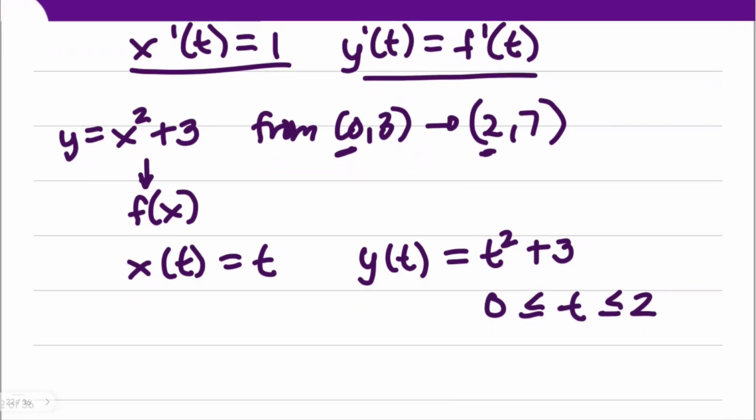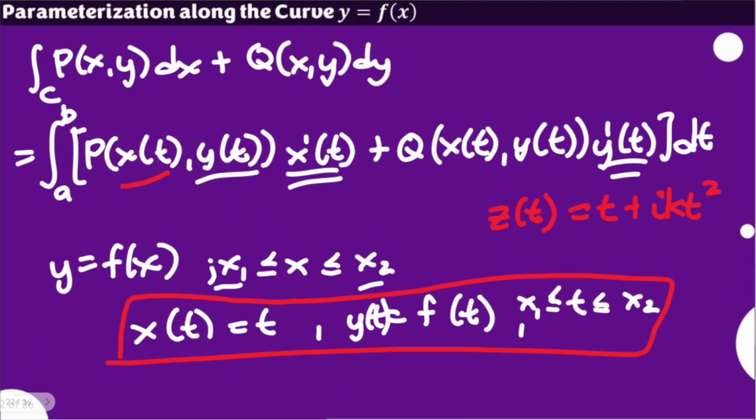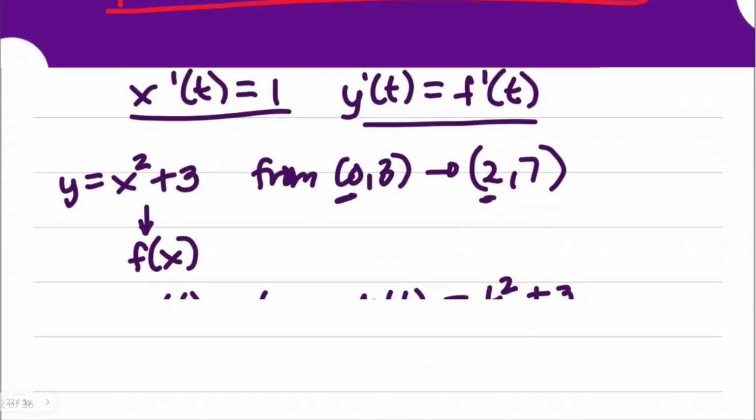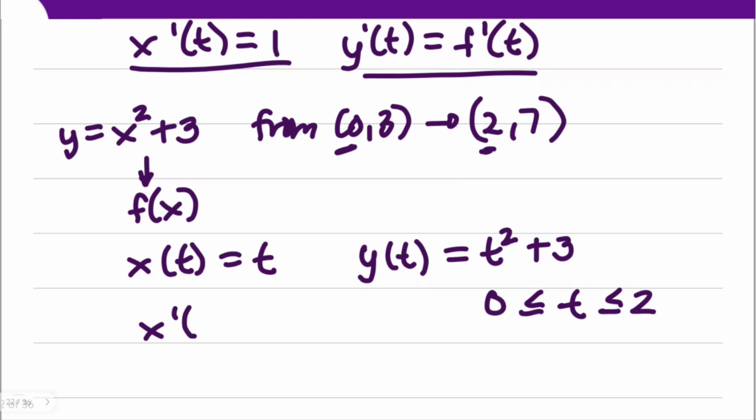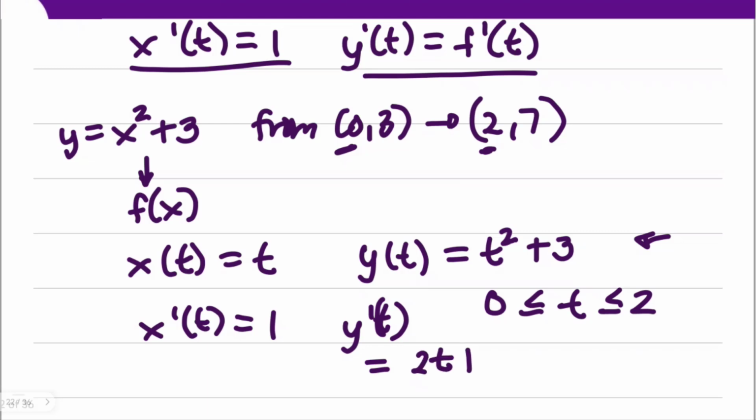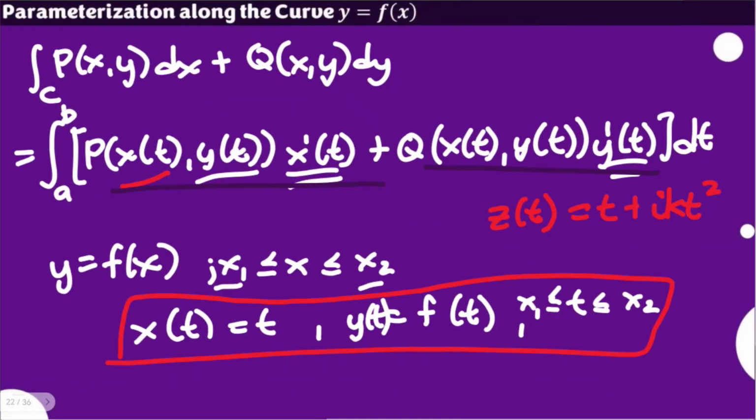So this would be your components that you need to integrate here. What we need more is the derivatives. So your x prime of t is 1, and then y prime of t is equivalent to the derivative of this with respect to t. You have 2t plus 0, or just 2t. If this is your given, you just simply need to plug that in here and manipulate the integral in order for you to solve the integral of this, or the real line integral, which is expressed supposedly in this manner, but now parameterized in terms of functions with variable of t.